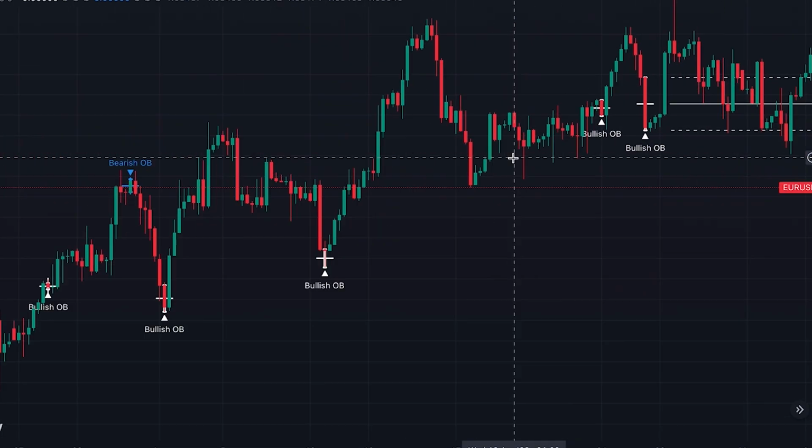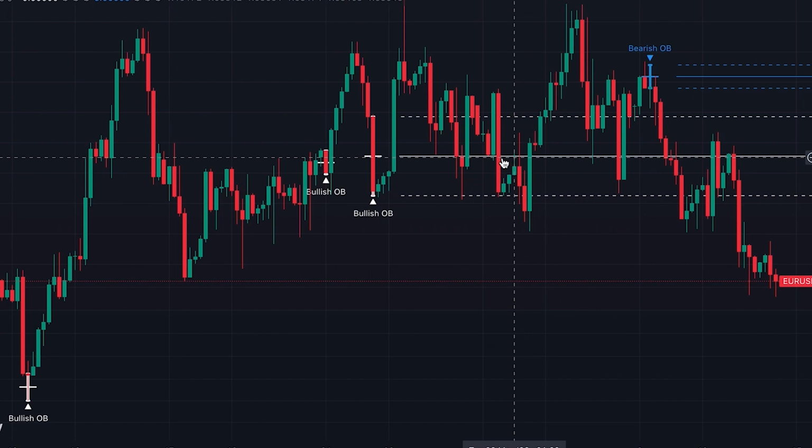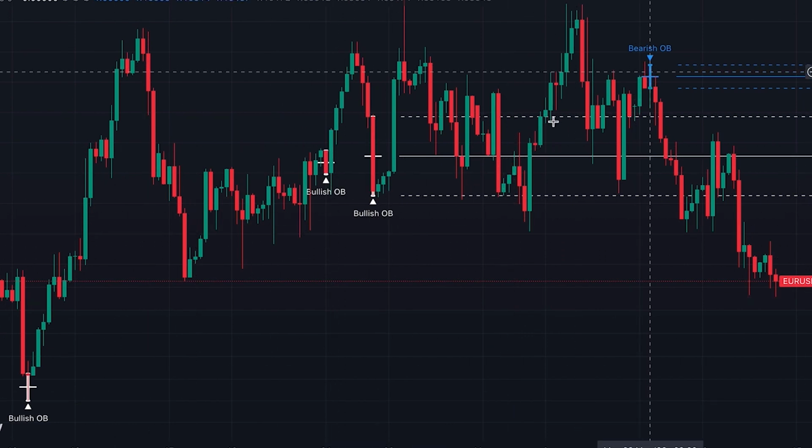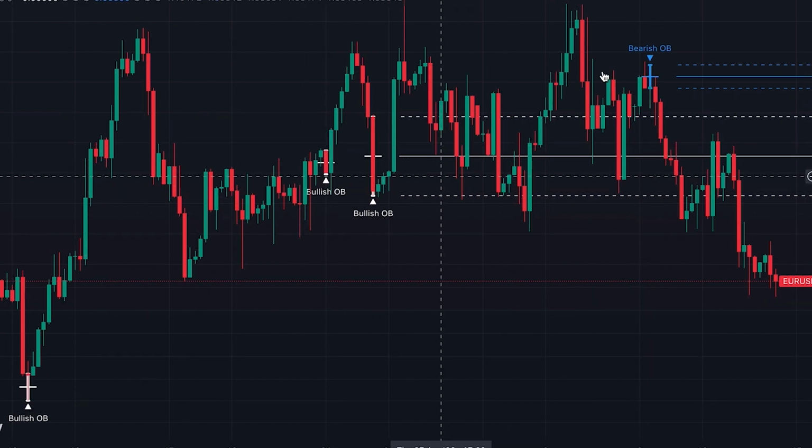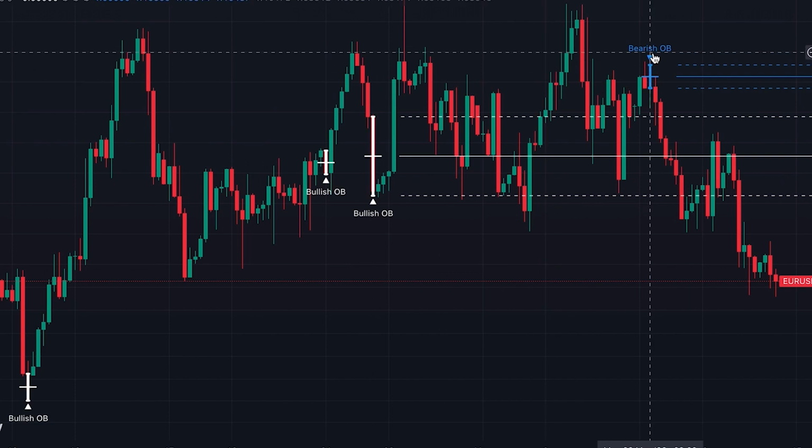One extremely important point that you must pay attention to is that these bullish and bearish order blocks that you see on the chart, generated with the help of this indicator, are not buying or selling signals. They are not